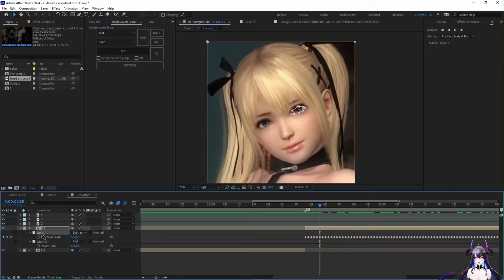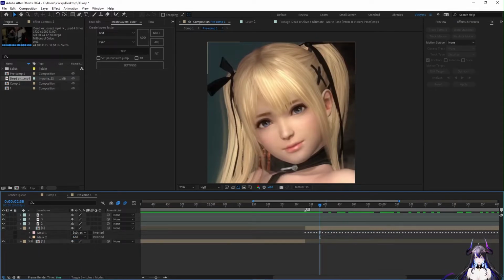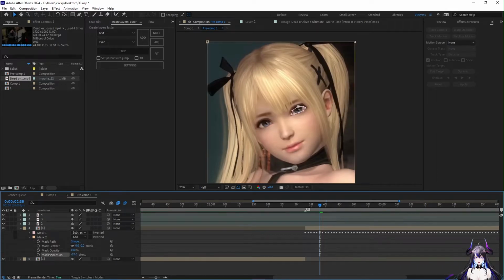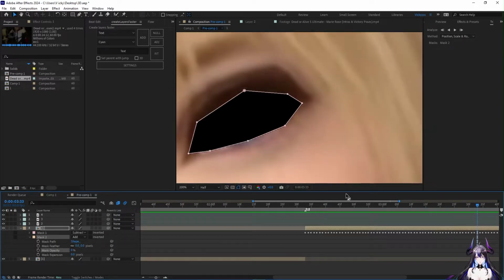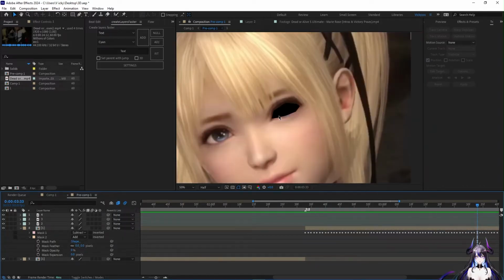Unfortunately, I think I tracked the wrong mask because I had to track that one. But maybe, wait, or maybe it was right. Yeah, it was right, so it worked. It looks pretty sharp. It's not supposed to look that sharp, it looks rather creepy, so to fix that, we